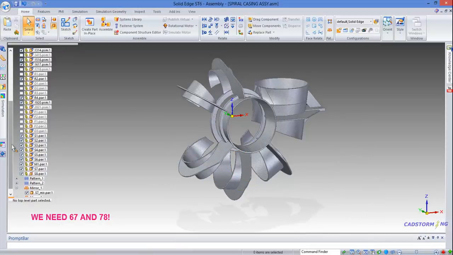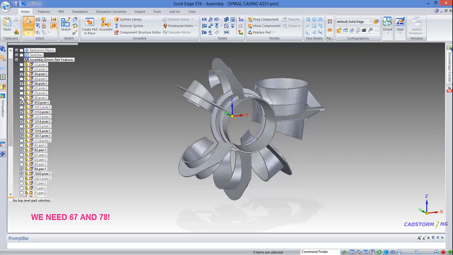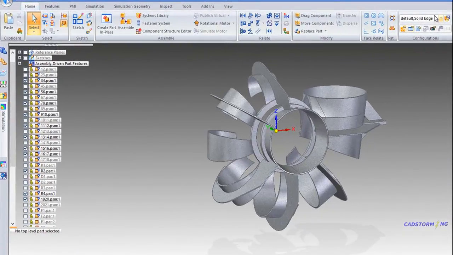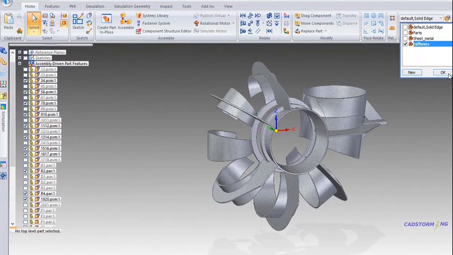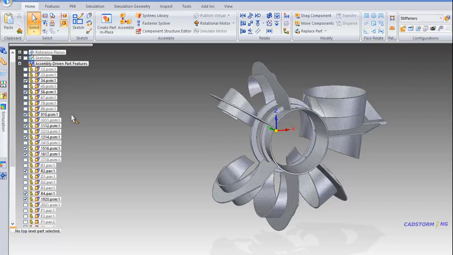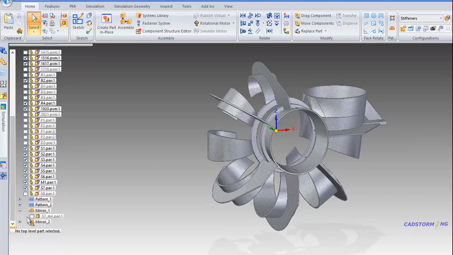So we are going to look for 7/8, and maybe we should make sure that we have the stiffness configuration active first. So 7/8, and we can also show the mirror copy, then this one,